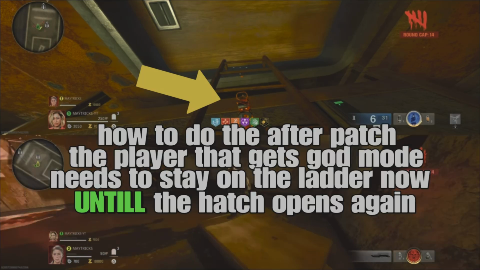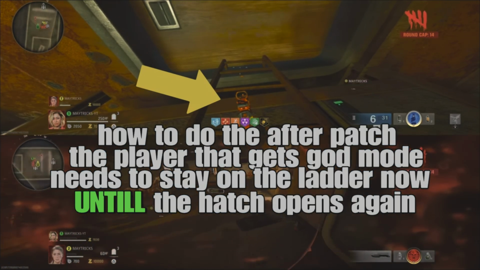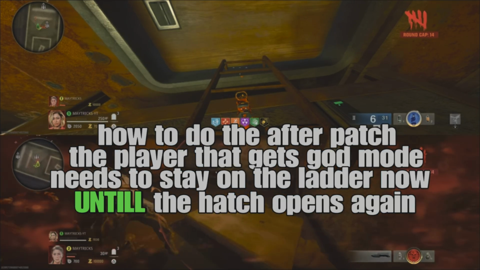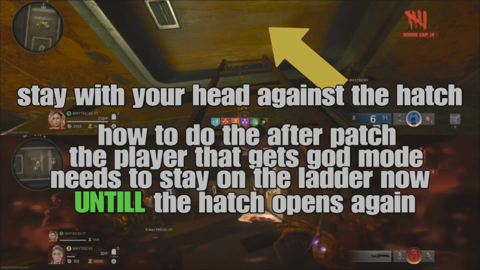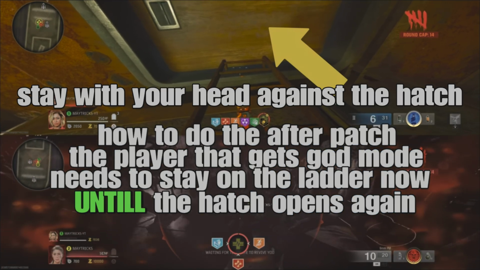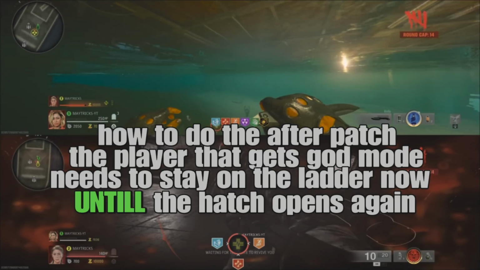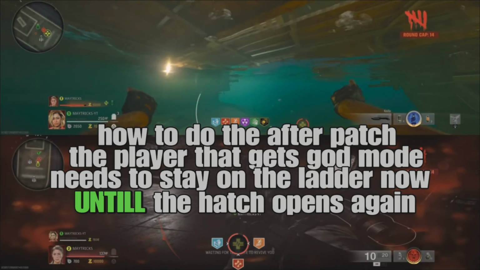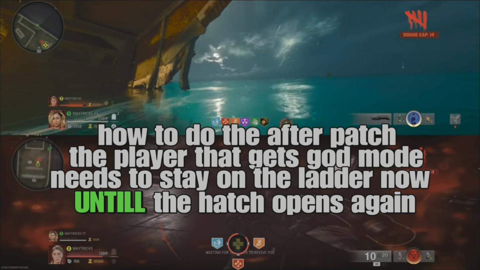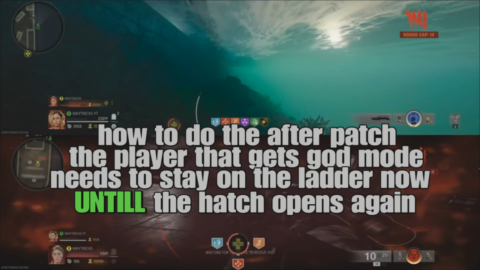Now, like I just explained in the team version of this glitch, make sure that the second player stays with his head up against the hatch all the way. Make sure that your other player gets downed by the zombies, only the zombies. He needs to bleed out all the way. You stay up against the hatch with your head all the way, then get hit by the zombies once or twice. So don't get confused by this footage. Stay up against the hatch until the hatch opens, then get hit by the zombies once or twice, and then leave